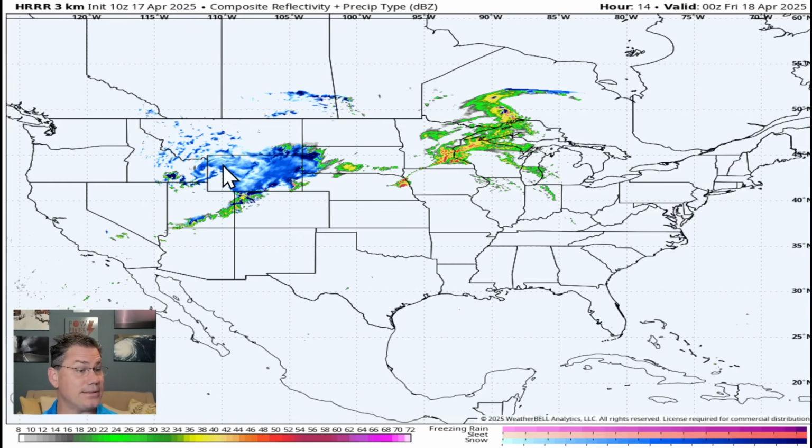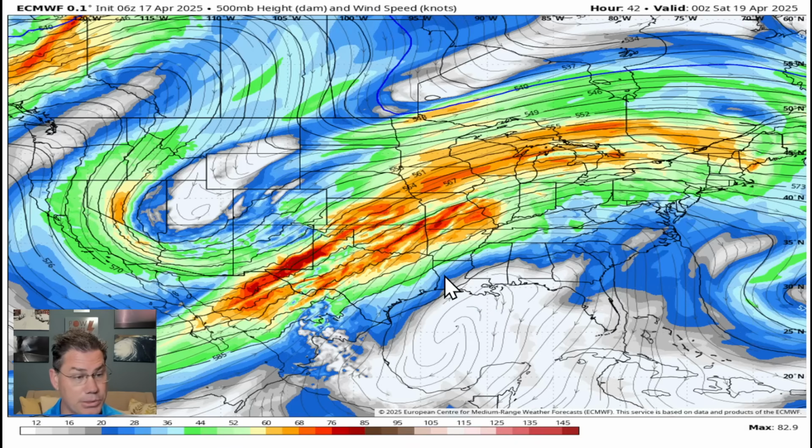But look where the cold air is, and it's going to be Easter weekend, and we do have a fairly decent cold front for this time of year as far as late April is concerned. We could be looking at some snow flying across Wyoming, and that will swing into Colorado, and then the heavier rains shift further north into Minnesota, into Wisconsin. It will include Michigan, taking advantage of some of that higher moisture content, because we do have a deepening low. This trough really starts to dig into the desert Southwest, actually brings some beneficial rain to the areas of the Southwest, and out ahead of it, you can see the Southwest surge